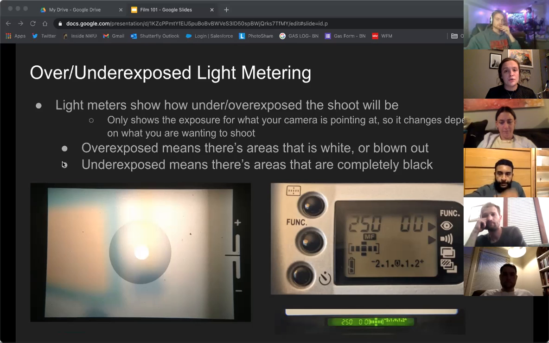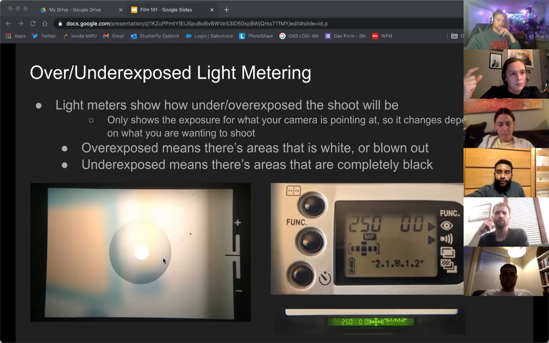So a light meter shows how exposed your photo is going to be. Usually this meter is going to be either at the side of the viewfinder, the bottom, or it might be on a separate part of your camera, as in this other one on the side. It can either be shown by just a dial that will move up and down,